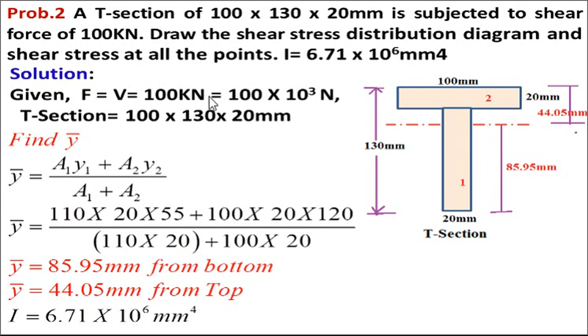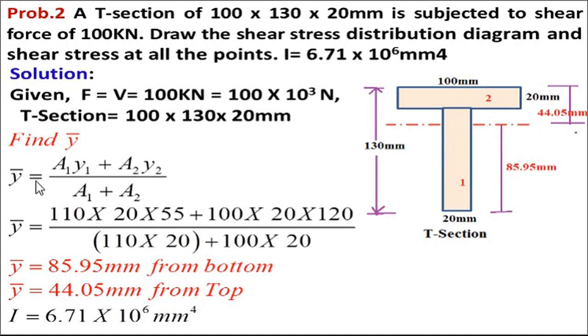Now, first of all, as the section is unsymmetrical, means here x bar and y bar will not lie at the center. In the previous case, x bar, y bar lies at the center, half of the flange, half of the web. But in this case, you have to calculate y bar. Y bar means what? Exactly where is the neutral axis? That position we have to calculate initially.